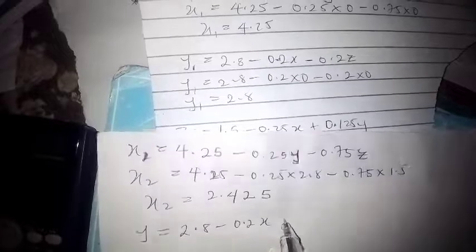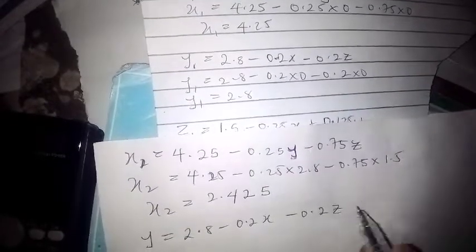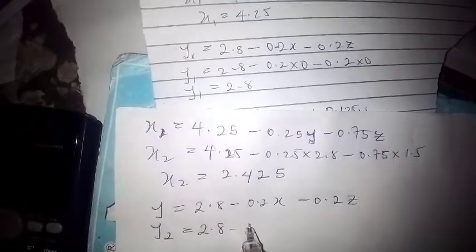Now y, the formula for y is what? 2.8 minus 0.2x minus 0.2z. So therefore my second iteration will be what? 2.8 minus 0.2 times, now you're using the value of what? The first iteration, which is x1, which is 4.25